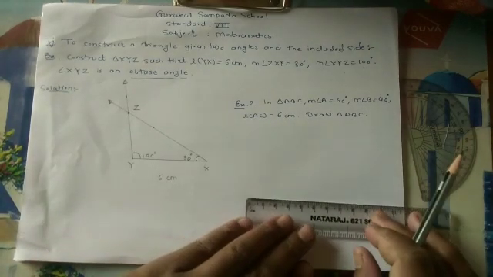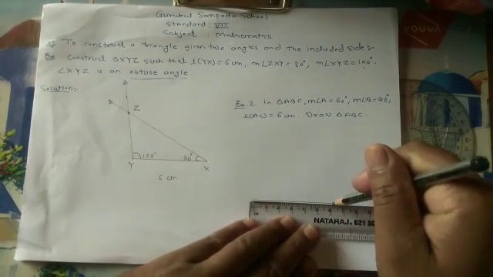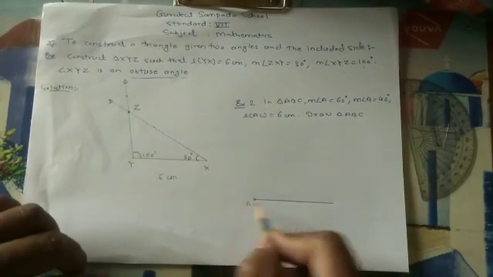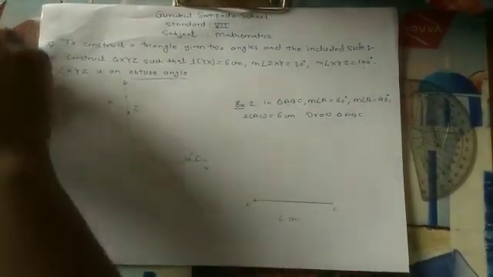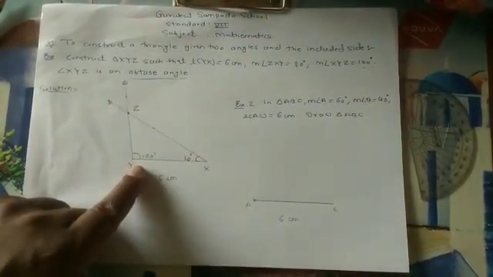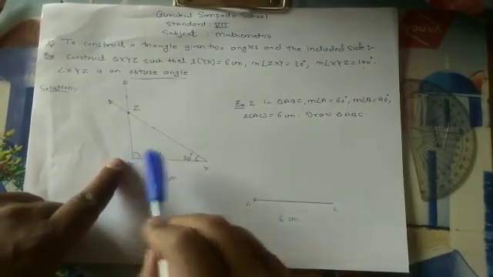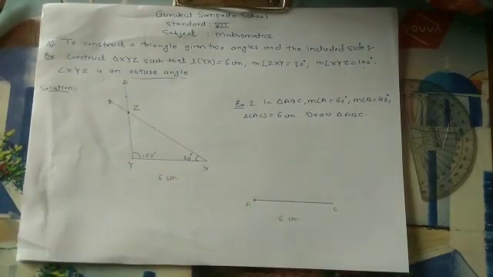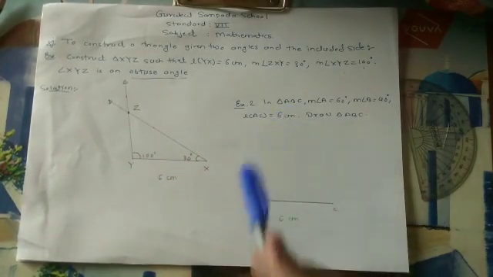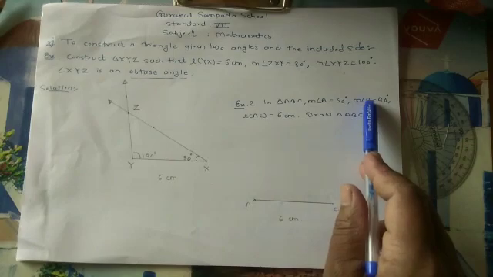So first we draw a line AC which is of 6 centimeters. So here is the point A, this is the point C, and its length is 6 centimeter. Now we know that here in this problem the two angles and included side is given, means angle Y is given, angle X is given, and the included side is XY, which is given. But now if you observe in the problem, here is the angle A, here is the angle C, but angle C is not given, but instead of that angle B is given.